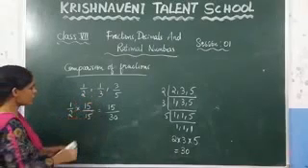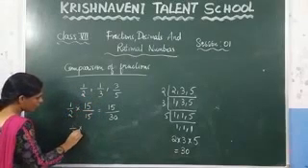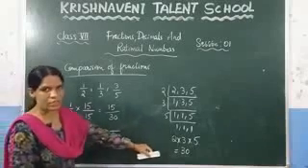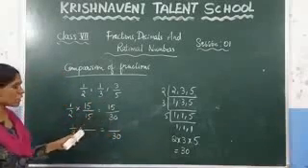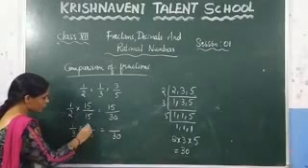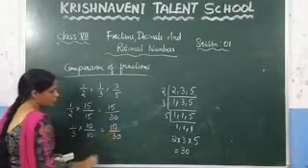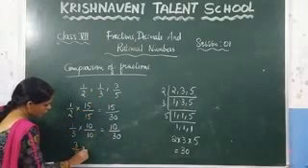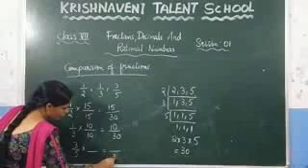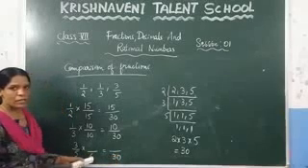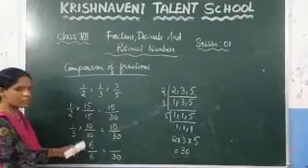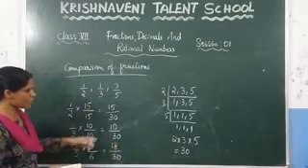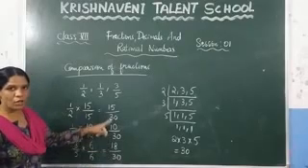Now take the second one which is 1 by 3. Again you need to multiply so that you get the denominator as 30, which is the LCM of these denominators. You know that 3 into 10 is 30. So multiply with 10. You will get 10 by 30. Now take 3 by 5. Again check when you will get 30 here. 5 sixes are 30, right? So multiply and divide with 6, and the numerator also. 3 sixes are 18. Now you can observe that the denominators are the same in all these fractions.